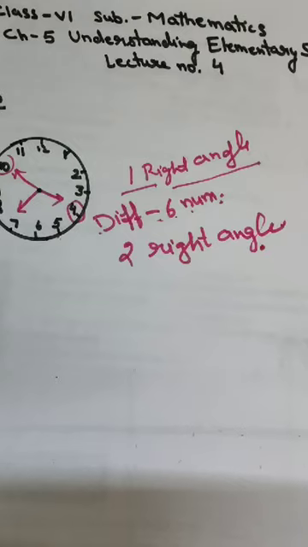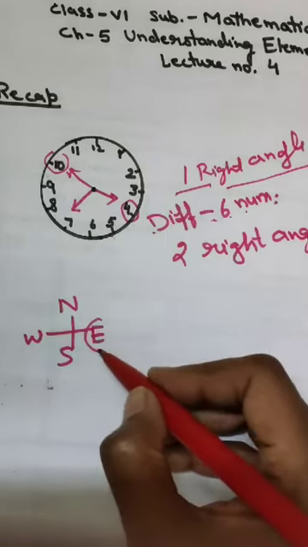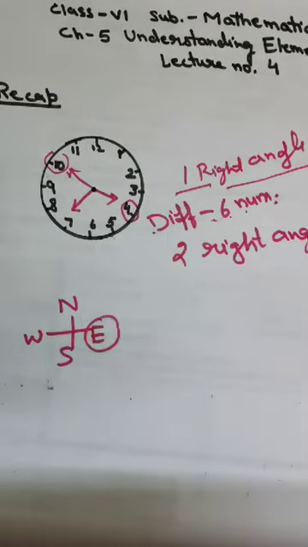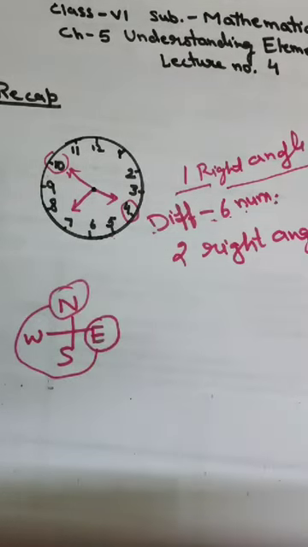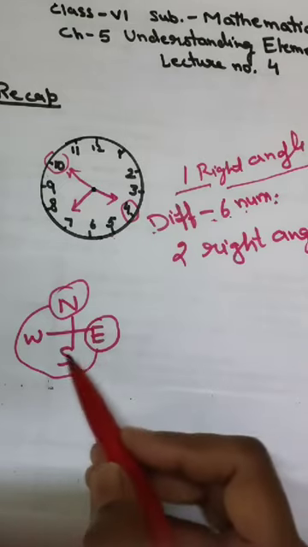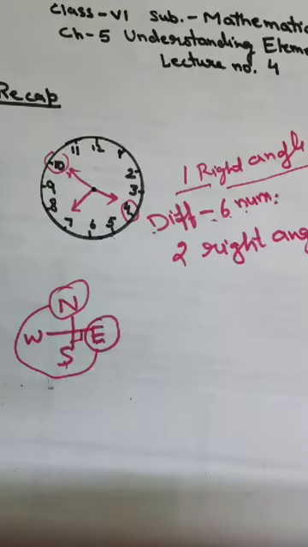If we are facing, first of all, see the direction clock. This is our direction clock. Now suppose we are starting facing towards east, okay, and we move up to north. Now you have to tell how many right angles do we make from east to north, and we are moving clockwise. So the difference between two directions will make one right angle.